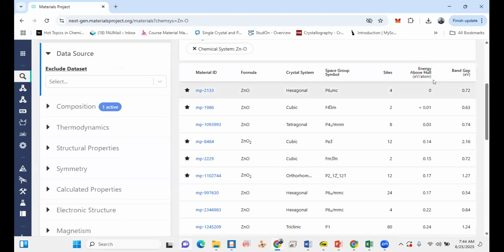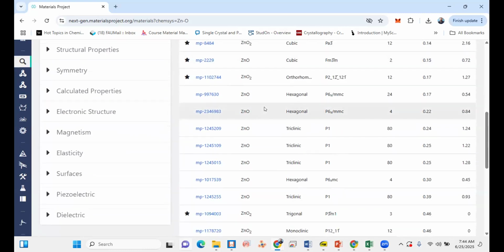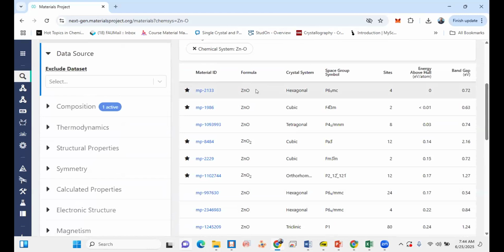We should start with the stable structure, but along with that, we should keep other things in mind. Basically, you should look at the literature to see which zinc oxide phase and crystal system. Zinc oxide can exist in three different crystal systems: hexagonal wurtzite structure, rock salt, etc. You can find that in the literature. The wurtzite one is the most stable, and people love to work with it.